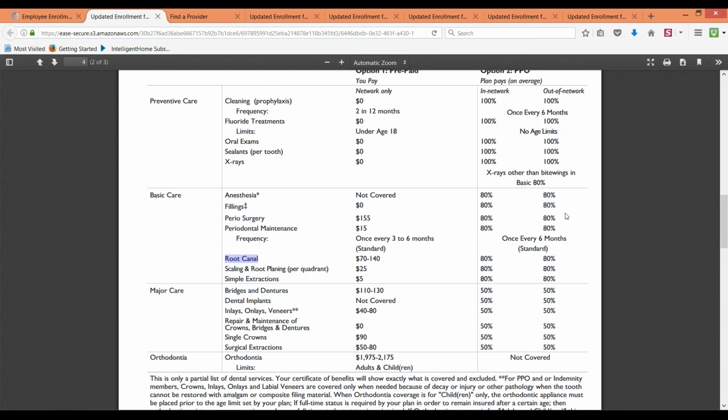All right, so let's go out of network here for a minute. Out of network, just to give you an idea of the way that it's working, is even though it says 180.50 for the coverage here, when you go to that dentist and let's say you go get a crown, they may say, oh, we're the best dentist in the world and I make all my crowns in-house and I'm going to charge you $1,500. But for Guardian, an in-network guy would never charge them that kind of money.